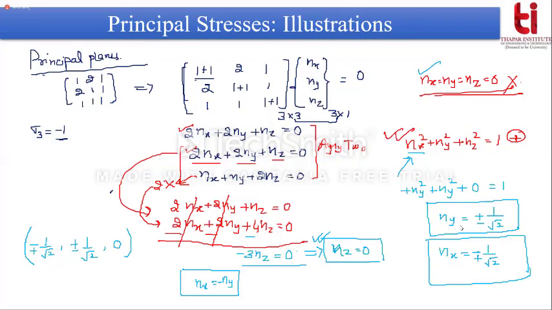Okay? Any doubt so far? This is a problem I have worked through, please follow this very carefully. The beauty of this particular topic is that once you solve one problem, any given problem can be solved. And evaluating the principal stresses is very important. In the same way, we will be following this similar approach for principal strains and for evaluating the critical stresses. So this approach is very important. So please see that all of us are comfortable in solving this.